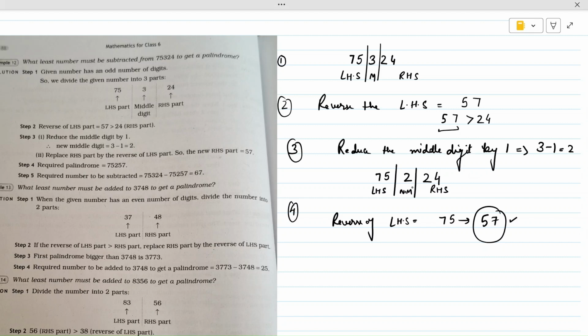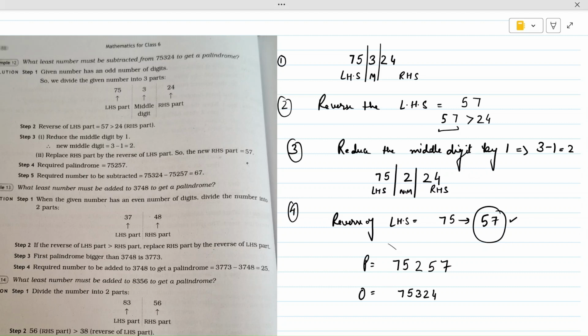Now, it is in the 200 series. So, we can use this number directly. Our palindrome number will be 75, that is the LHS, the new middle number 2, and the reverse of this LHS, which is 57. Okay, so this is our palindrome number, and also our original number was